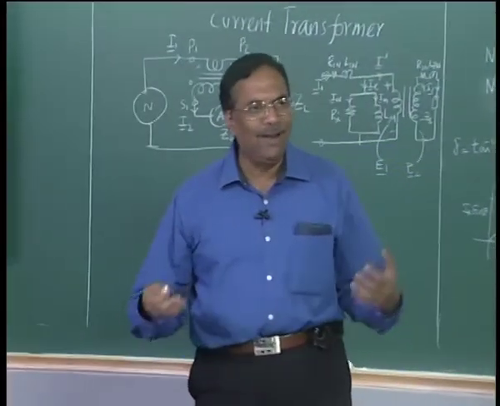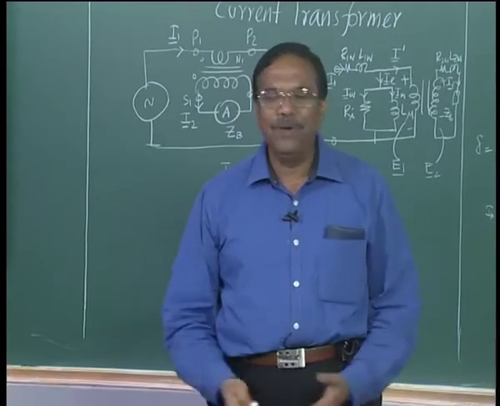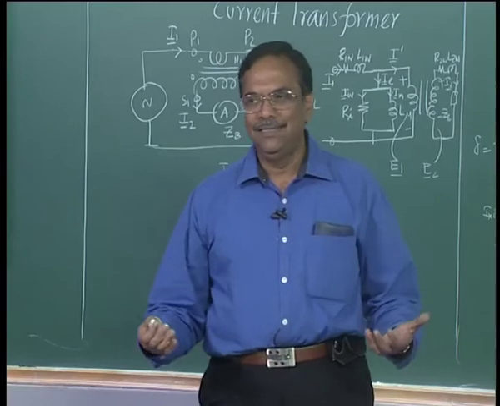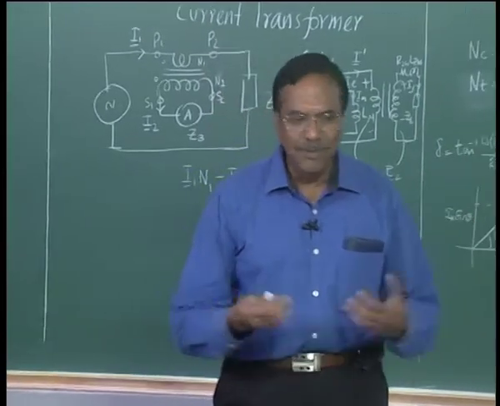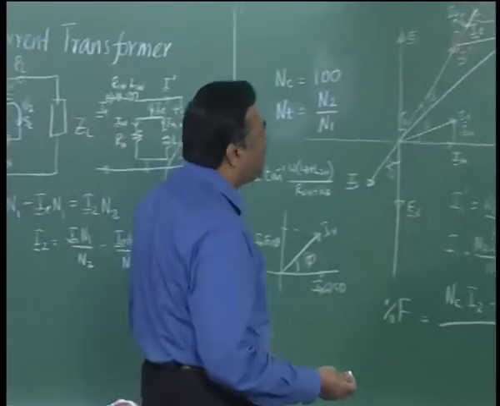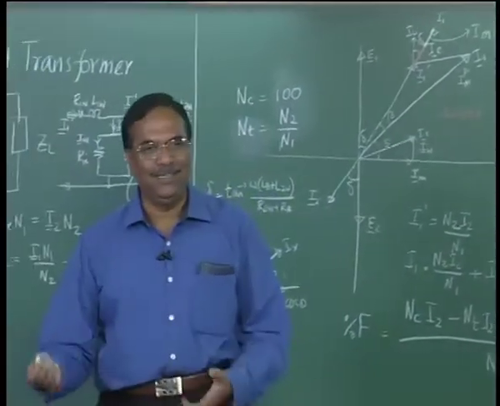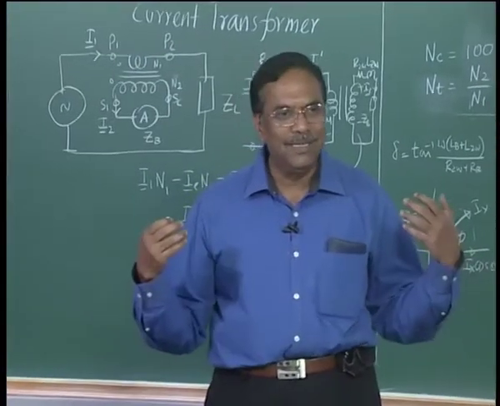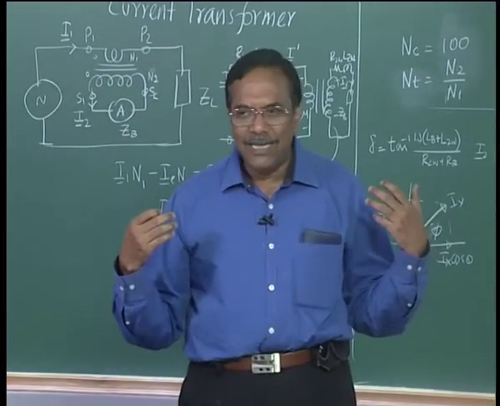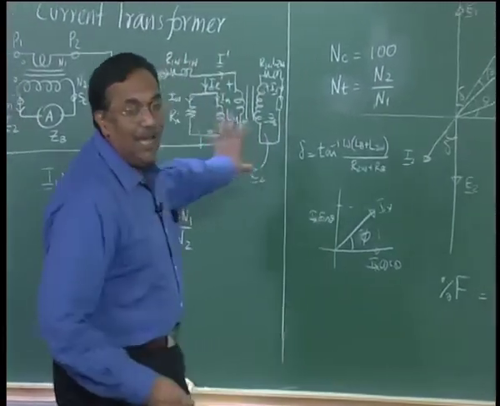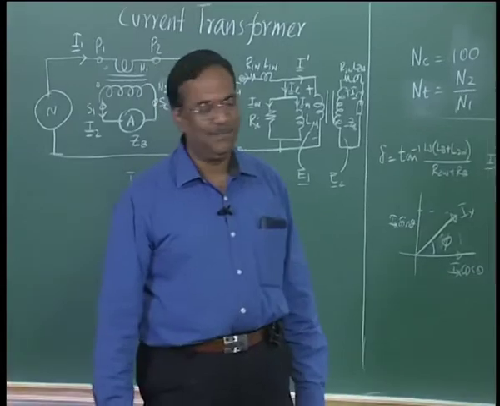If I want to have a 100 by 1 current transformer and I put my primary turns as 10 turns, I have to wind secondary as 1000 turns, right. So, it has to be very close. If at all I make a deviation, instead of 1000 turns I can make 999 turns or 1001 turns, but I cannot make it 500 turns, then the whole current transformer ratio will go for a toss and it will not work as a current transformer as an expected 100 by 1 current transformer. Okay.